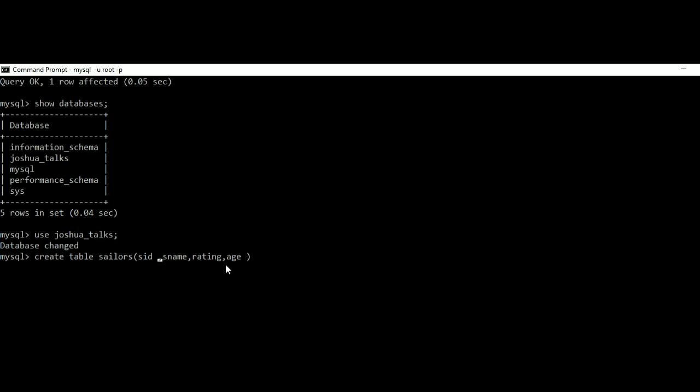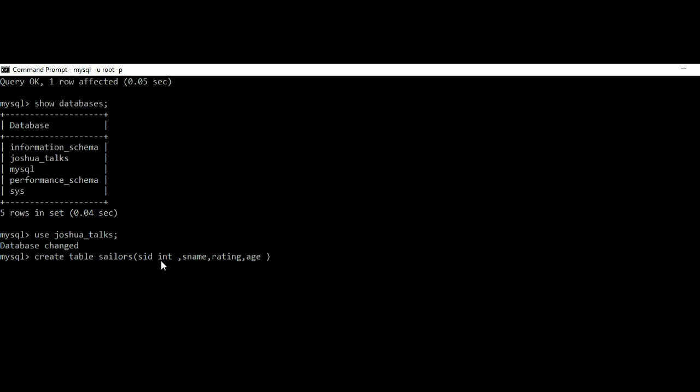Generally if the SID contains only numbers, you can give the number or integer data type, but if the SID contains both numbers and characters, then you can give the char or varchar data type. But for now I consider that this sailor ID consists of only numbers, so I specify int as the data type.